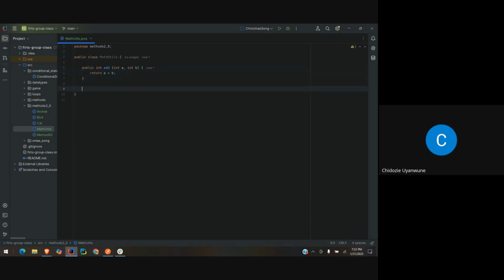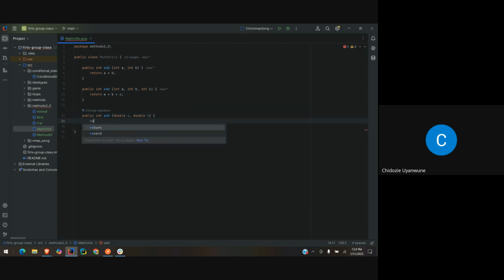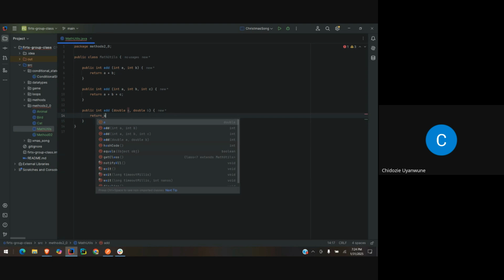But what if we want to add three numbers? We should be able to do the same add, but in this case, we pass the third one. It should take it. If we want to add decimal point numbers, so we talked about double, right? So we still maintain our add and then maintain these two. So return a plus